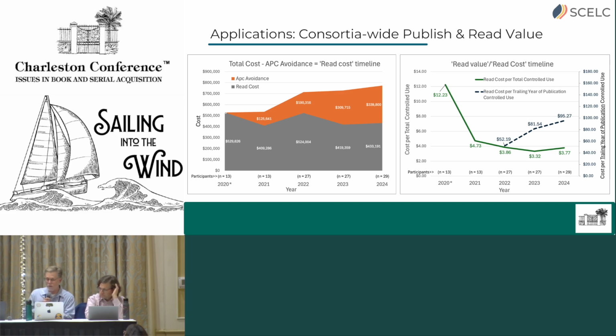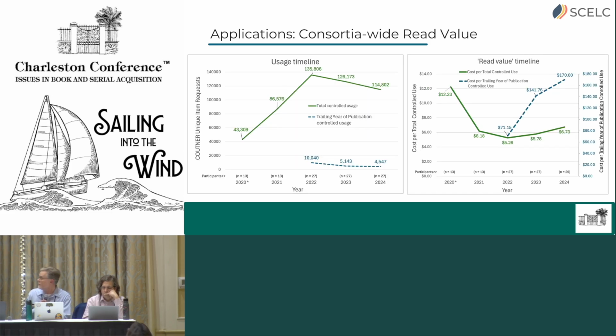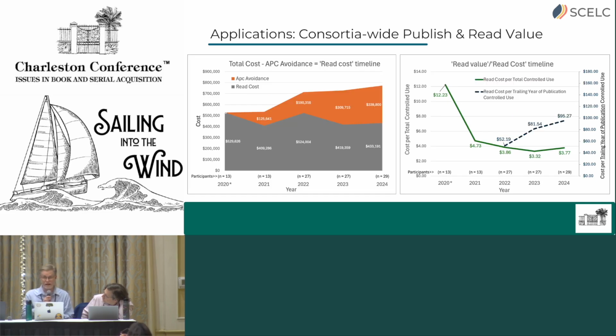Staying focused on that right graph, which has the same axes, a subtle but important change in that solid line, cost per controlled use, is that rather than increasing by 10 or 20% in recent years, it is stabilizing. So that green line, the last 3 going up to there, it's flattening,